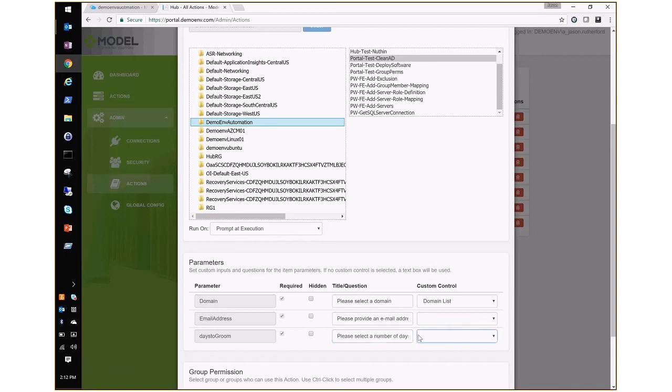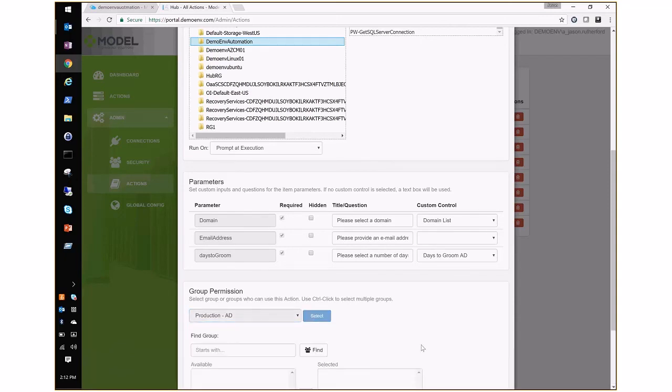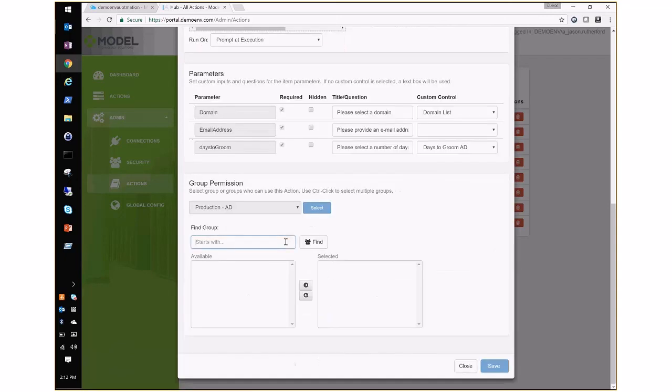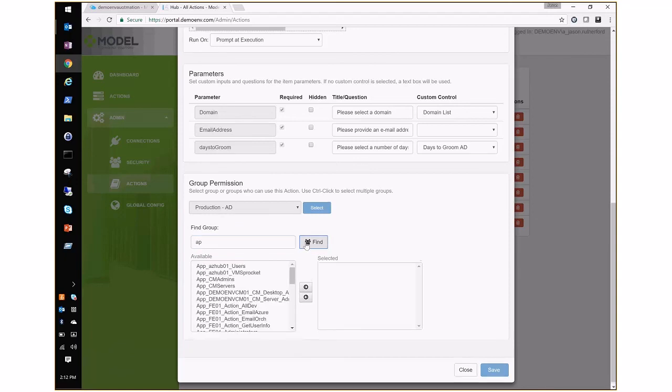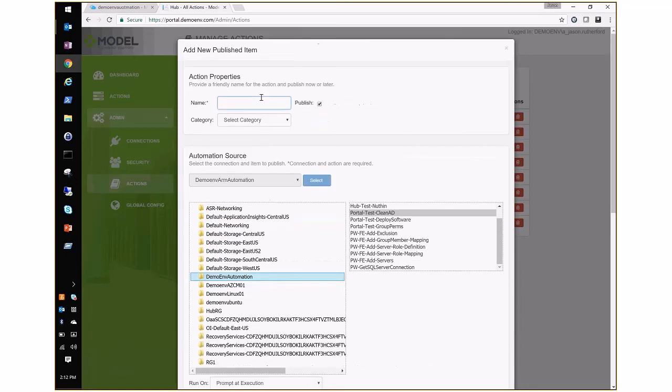And I think I have a selection in here, days to groom. Those are just some permissions for somebody to view it. All the groups that I have permission to start with AP, I believe. So we'll do this AP portal actions all, give it a group, give it a name, groom,